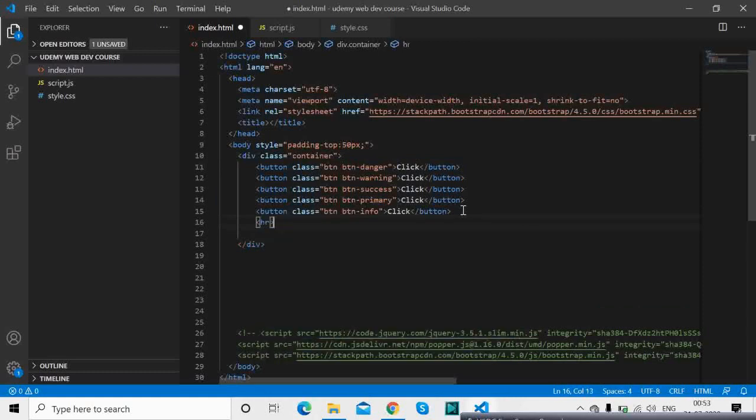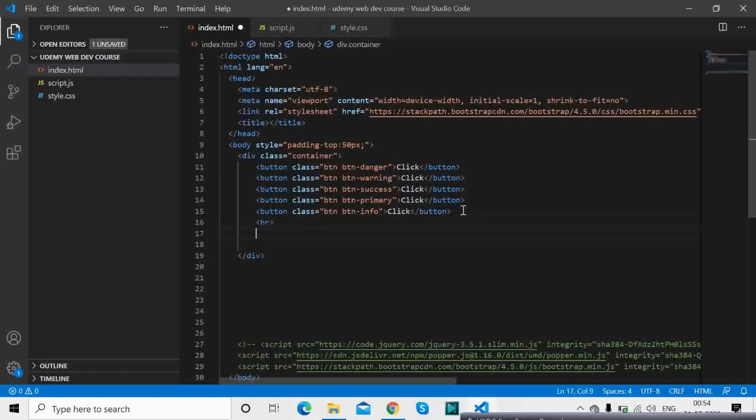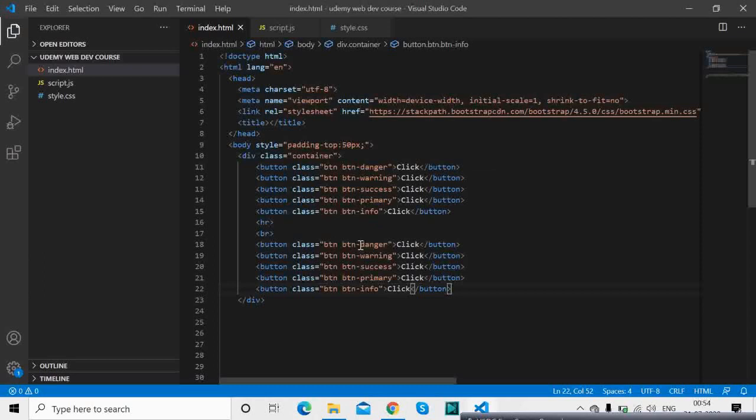HR. Okay, so what HR does is this will give it a horizontal line, just to divide it in some sort. Okay, and we'll have this. So if you see, we have these 2 lines, it is separated, and I will give it an outline,